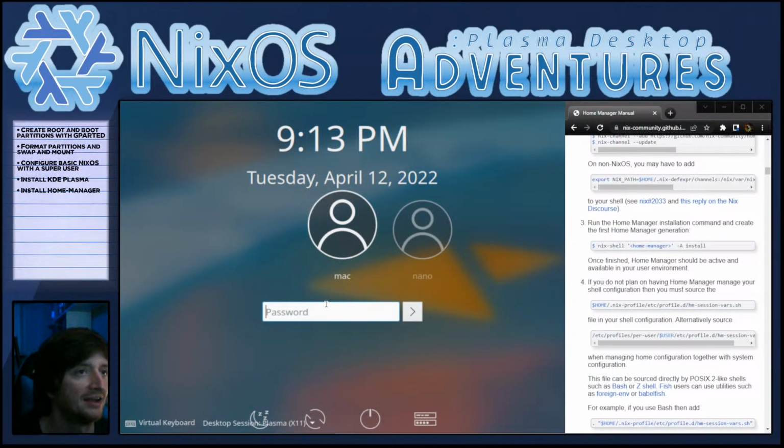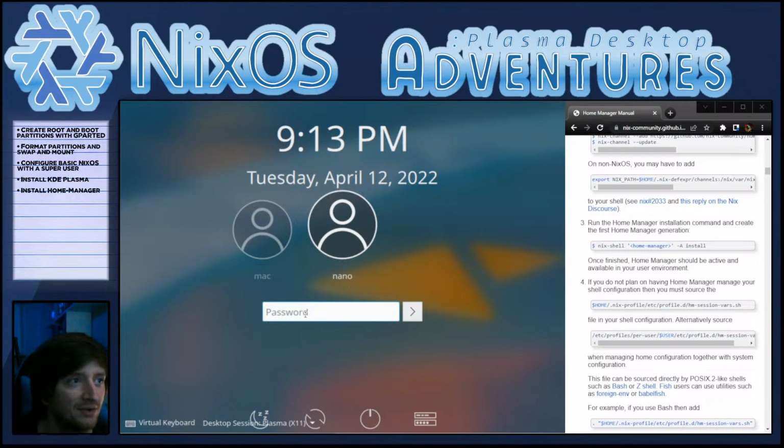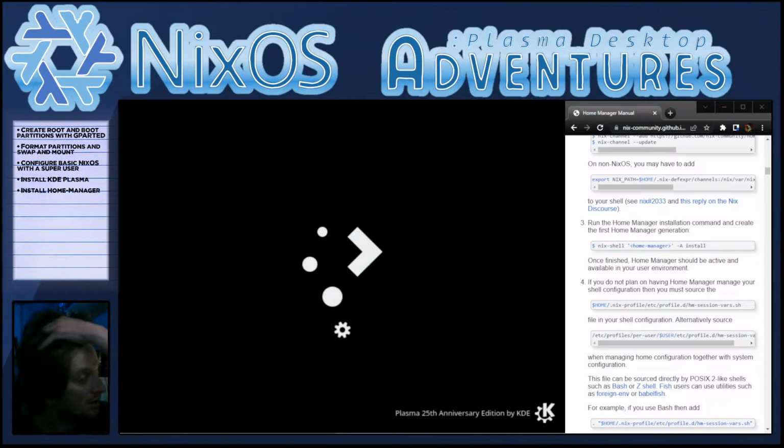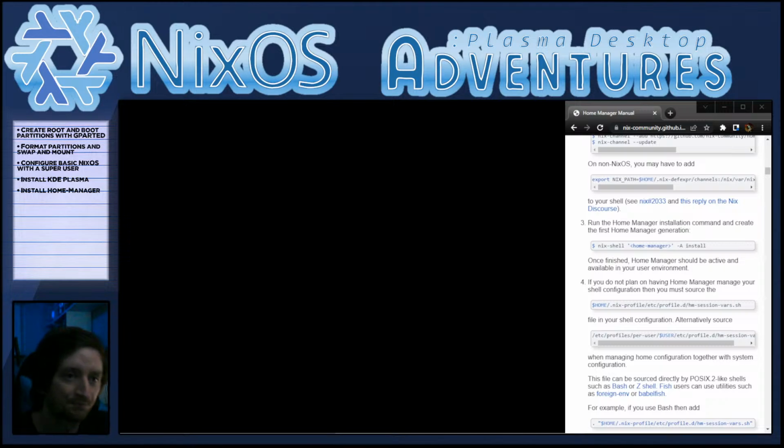Okay, so we're back in action. We have our secondary user, Nano. Check that out. Go ahead, log into Nano for a second, and see that it doesn't have super user privileges at all. But it should have a user environment that's just as minimal and should only have Firefox. Isn't that what we installed for everybody? So every user has Firefox. Every user has Vim, luckily. But this user doesn't have